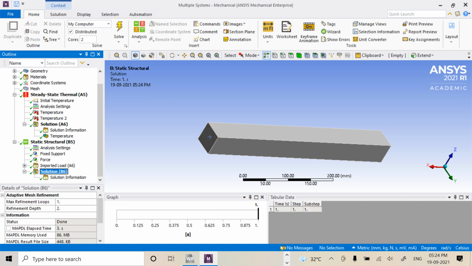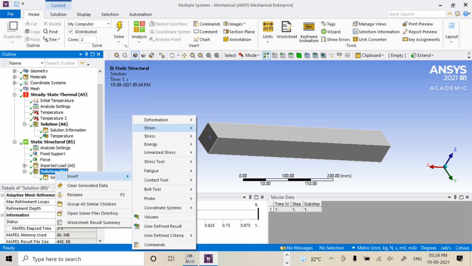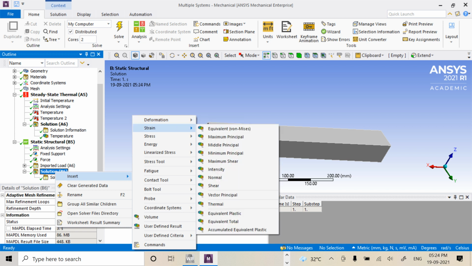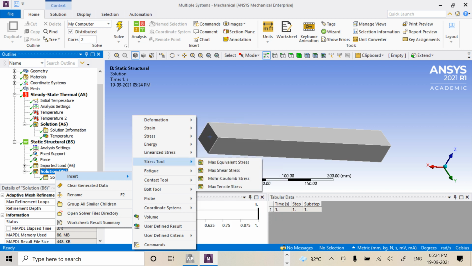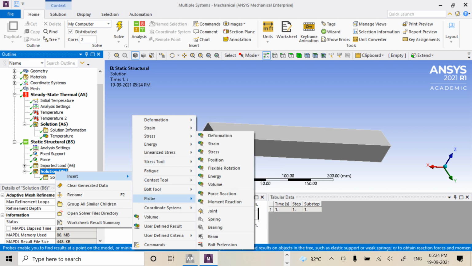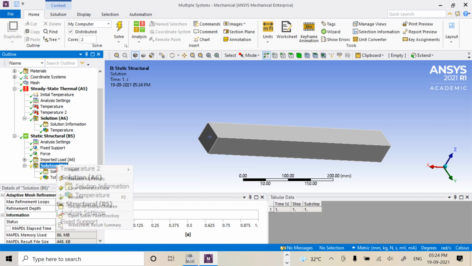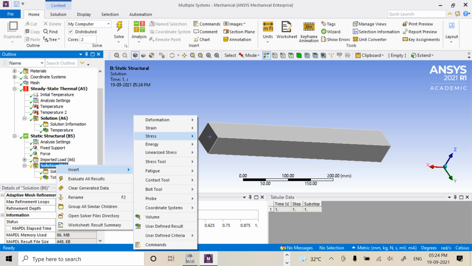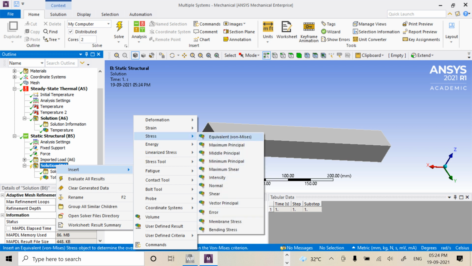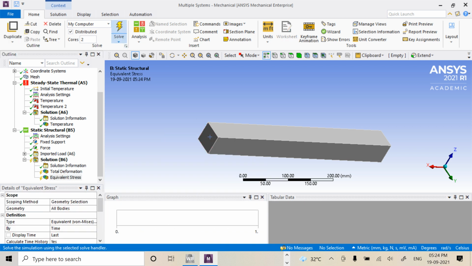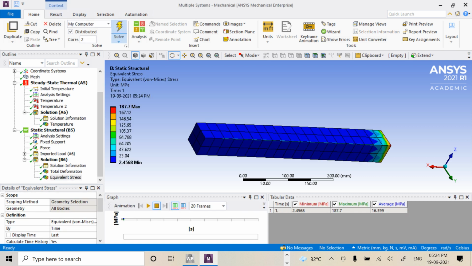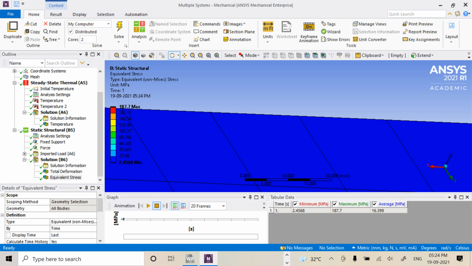So in solution, right click, insert, deformation, total deformation we give, then insert, stress, equivalent von Mises stress. Again we click on solve. So here we can see the equivalent stress.